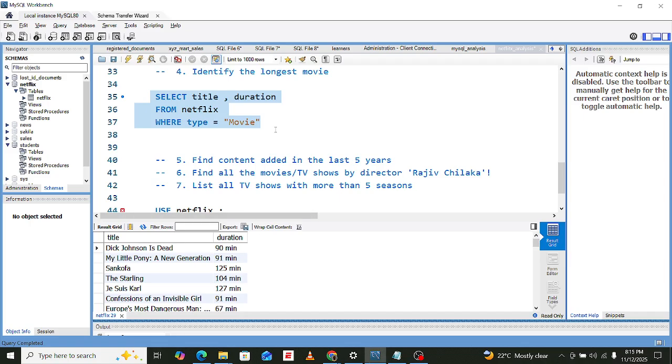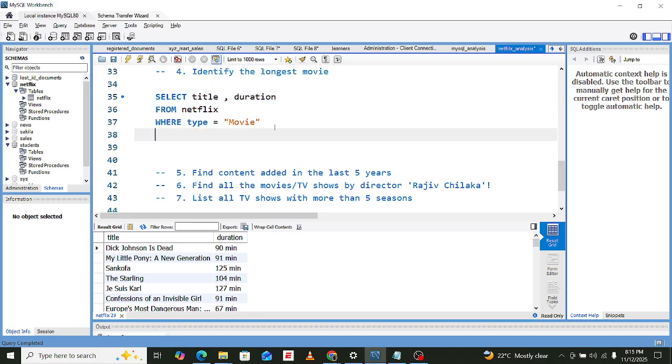So the next thing that we should do is go to order by, and in order by we need to use something we call cast. The cast will enable us to convert the varchar to something like an integer, right? But again, we have a problem. In the duration you have two parts: the 90, a number, and a string. So we must find a way of extracting 90 from minute.